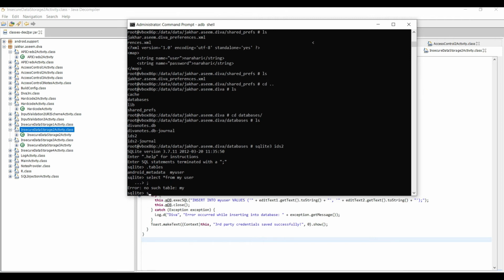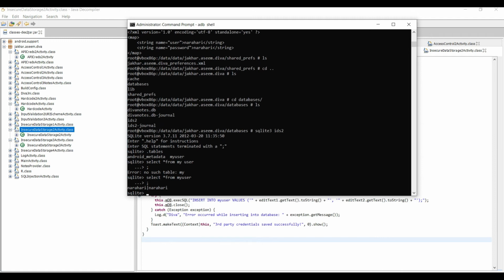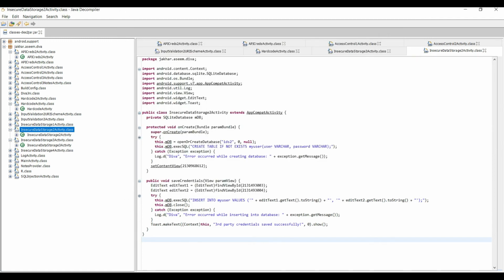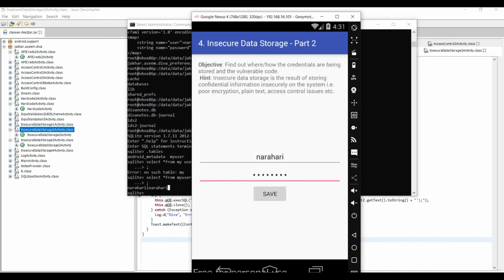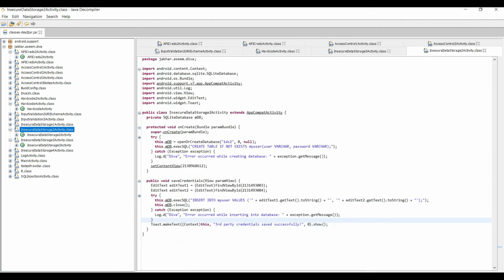You can see Narahari. This is the same thing we gave earlier when we pressed save for Narahari. The same thing has been copied and saved inside. So if you see the source code, from this we can get many kinds of information.